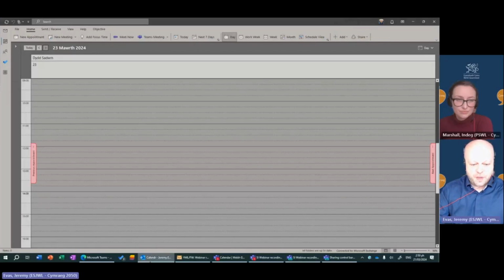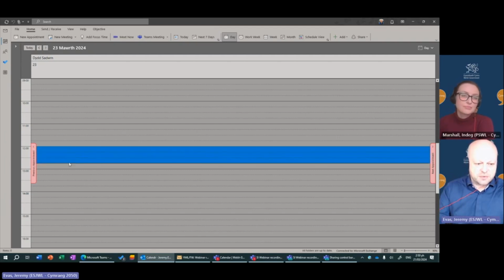Okay, so I'm going to take you through the process as I said, and I'm going to share my screen in entirety. And for this session, for argument's sake, I'm going to start a meeting on Saturday. This is Microsoft Outlook. Equally, you could start the meeting in Teams, because Teams and Outlook talk to each other and sync the details between each other.